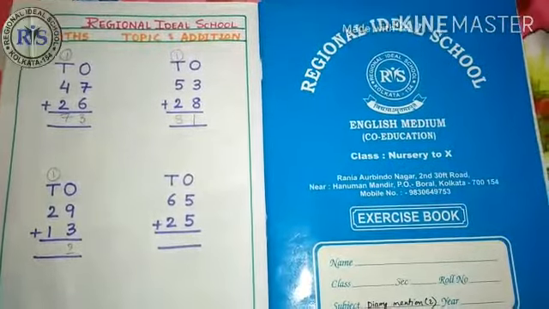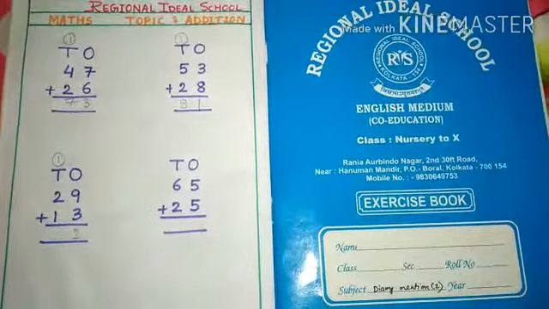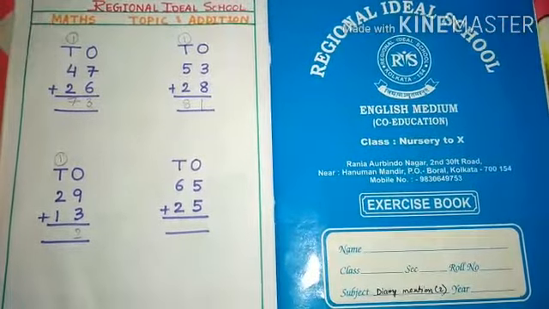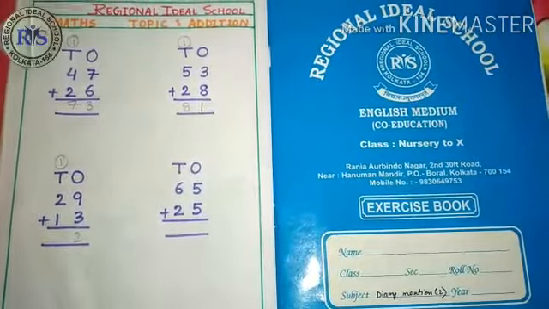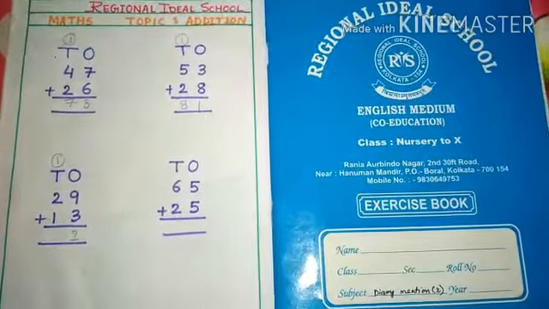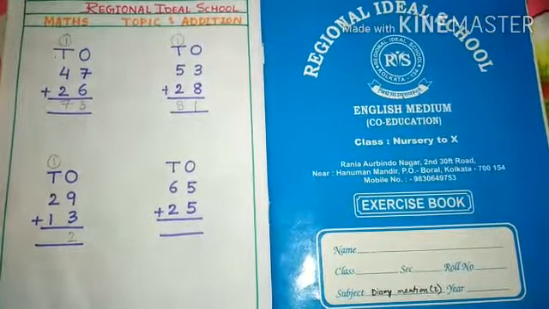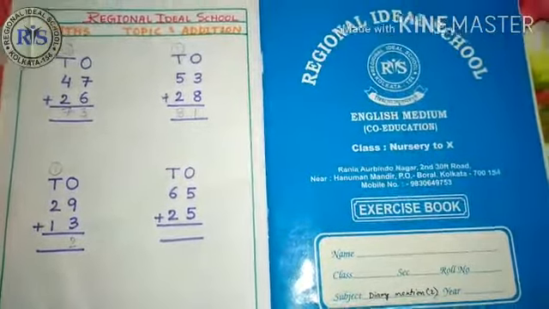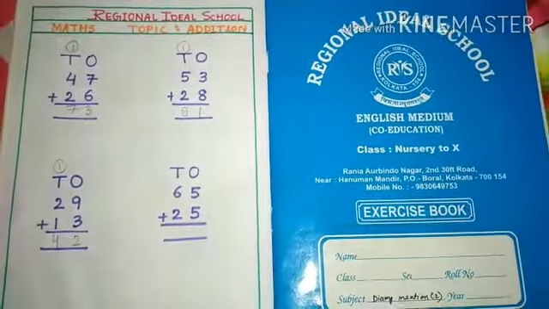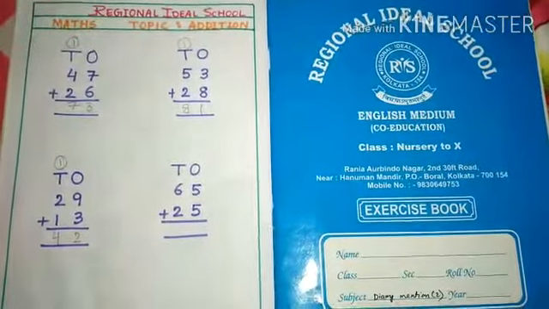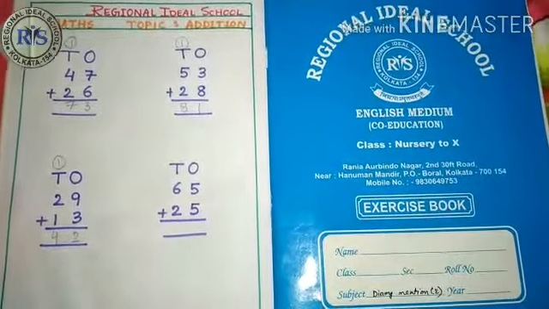So, now you have to add the tens digit. And in the tens digit, we have 2 and 1. If we add 2 and 1, we will get 3. And you have to add carry forward 1 with 3. 3 and 1 makes 4. So, write here 4. Students, what have we got? We have got 42. That means if we add 29 and 13, we will get 42.